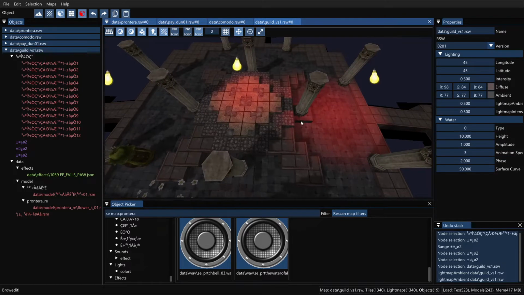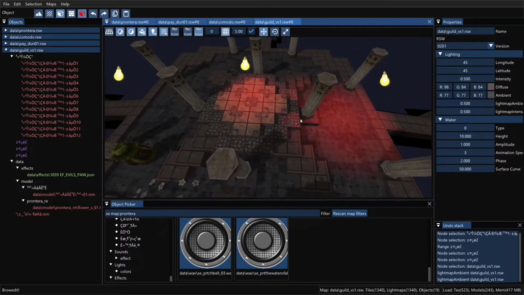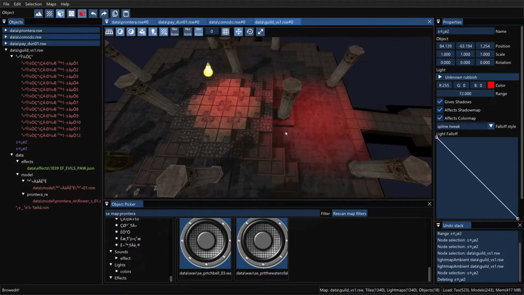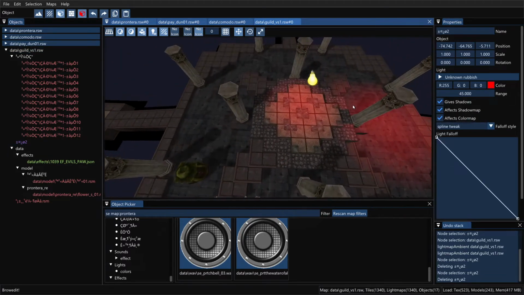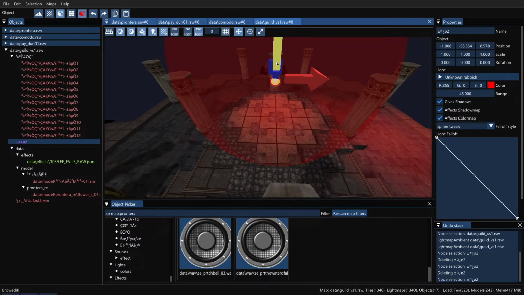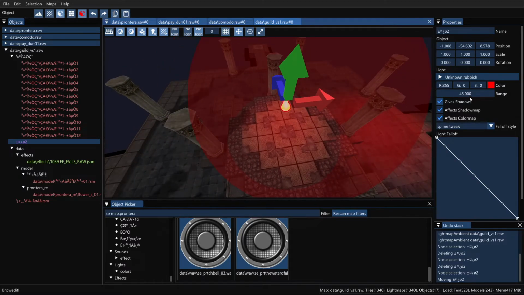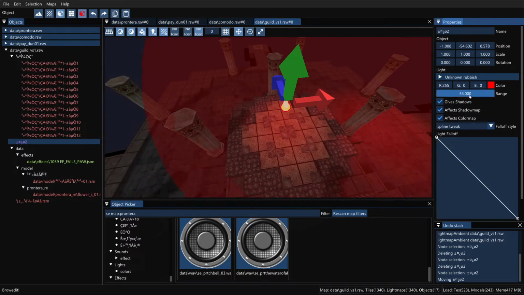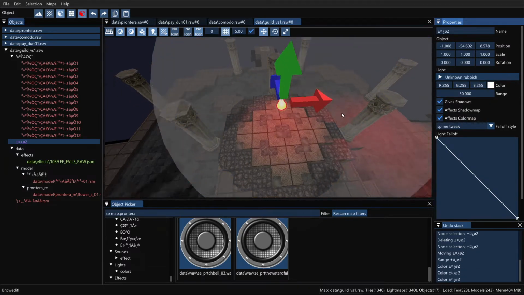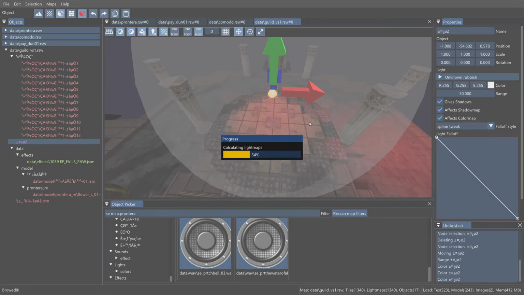Then there is the light bulbs. And these light bulbs, they can give all kinds of effects. So I'm gonna remove this one for now, remove this one for now, and just have a look at this light over here. And as you probably noticed before, there are quite some options here. So we can change the range of this light. We can give it a color. And for instance, if I want to make it yellow or white, and if I calculate the light map